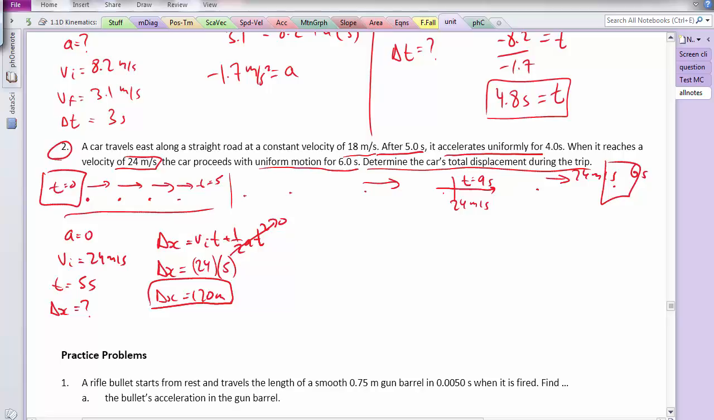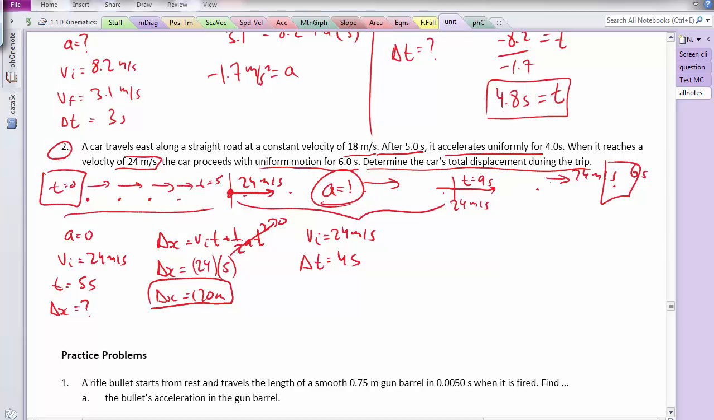Now, how much did we displace in the next 4 seconds? Well, during the next 4 seconds here, we're accelerating. Okay, so this is very important. So acceleration is not 0. So we know the v initial at the start was 24 meters per second, because that's what was over here, 24 meters per second. Then we know the duration is 4 seconds. And it accelerates uniformly